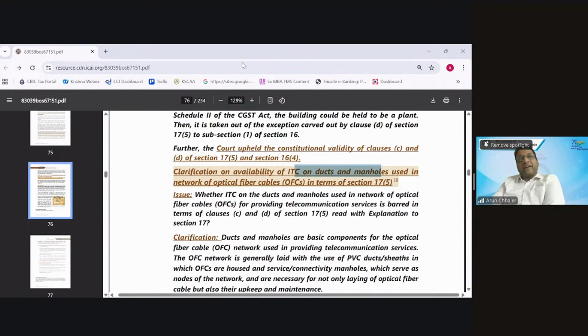He has asked that for one factory building I have taken the ITC treating the same as a plant. Do I need to reverse the ITC? In my understanding, the answer would be yes, because they have made the amendment retrospectively. The fine plant or machinery की जगह plant and machinery. Is it clear, Saminathan? Is it okay now?